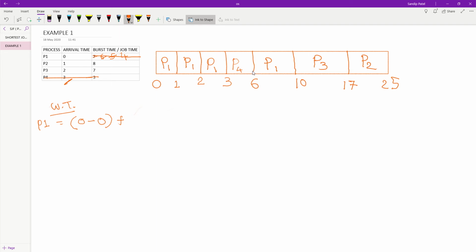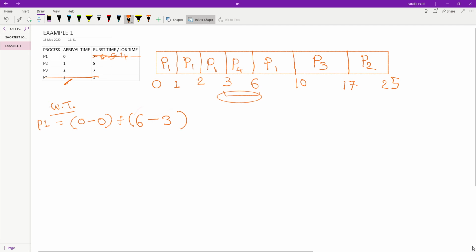And again it enters the CPU at 6 milliseconds. So this is the duration. You can see 6 minus 3, for this duration it is in the waiting state in the ready queue. It has to wait in the ready queue for the next turn. So how much time does it sit idle in the ready queue? That is 6 minus 3.